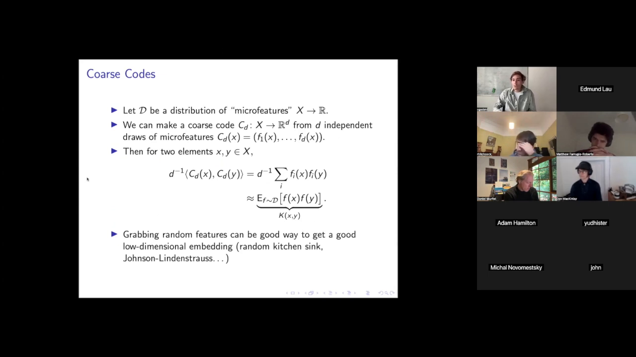Another cool property of coarse codes, which is not true for the local code or the place value code, is that they come with a really natural notion of similarity. They act like a nice embedding to do linear regression on. And so